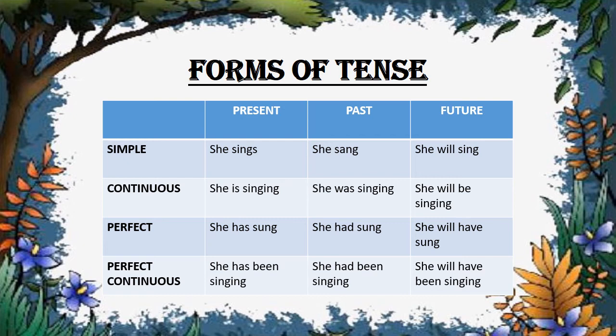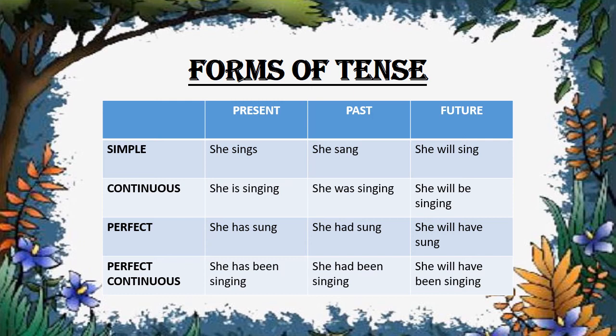Okay children, now we'll move on to the perfect continuous tense. This is very easy, children. If you understand continuous and perfect, perfect continuous is very easy. The combination of both perfect and continuous tense is called perfect continuous. In continuous tense, I told you the main verb will end with ing, isn't it? And here also you just listen: singing, singing, and singing. It always ends with ing.